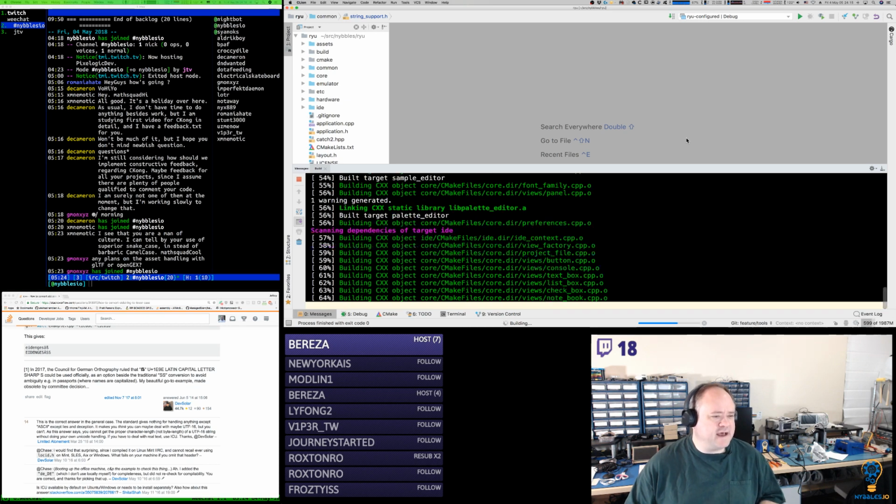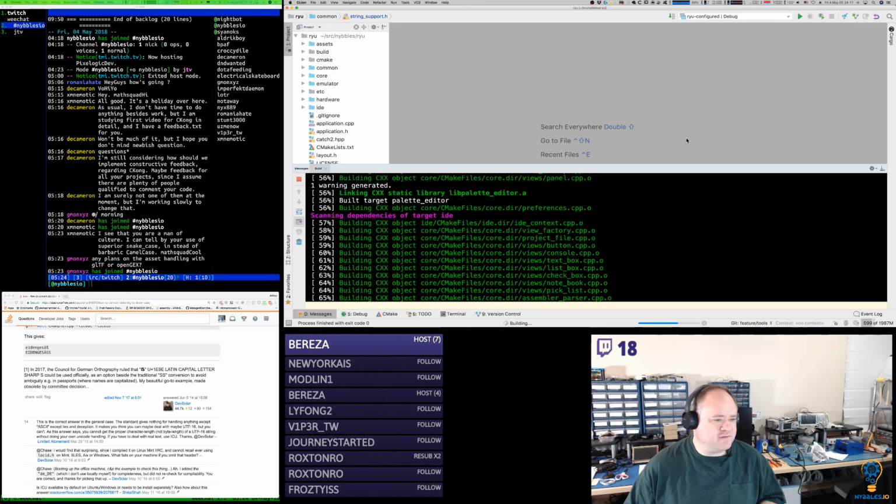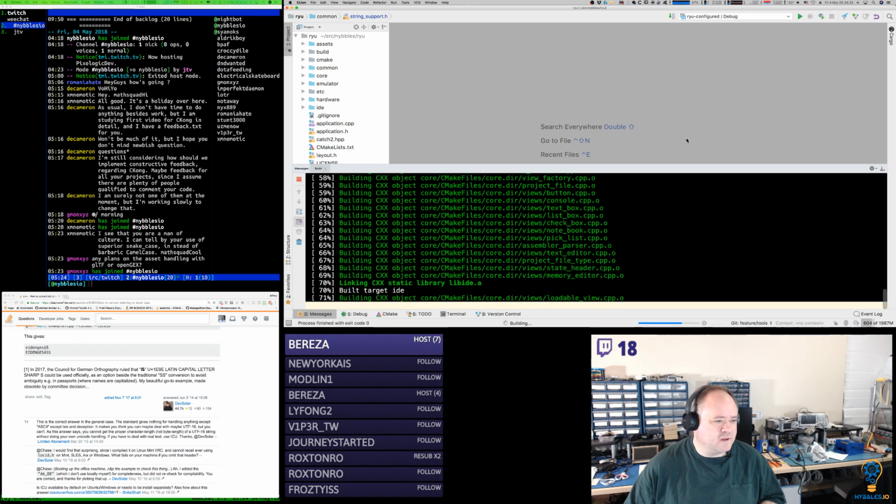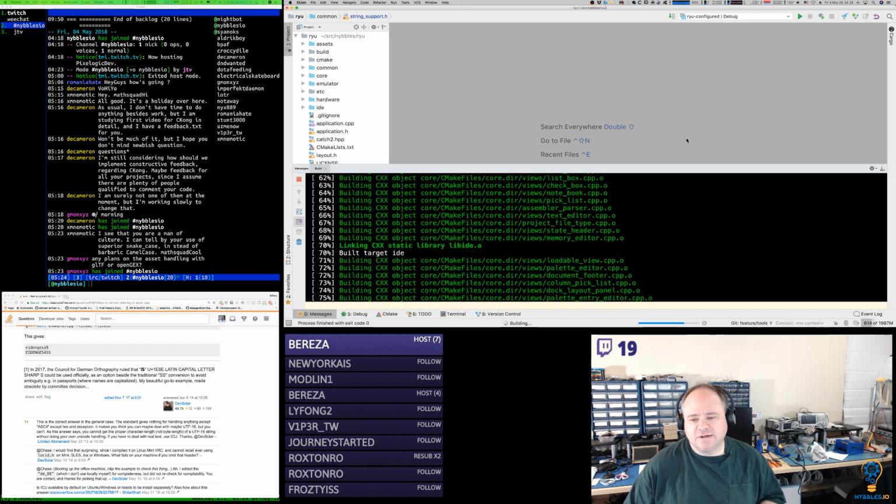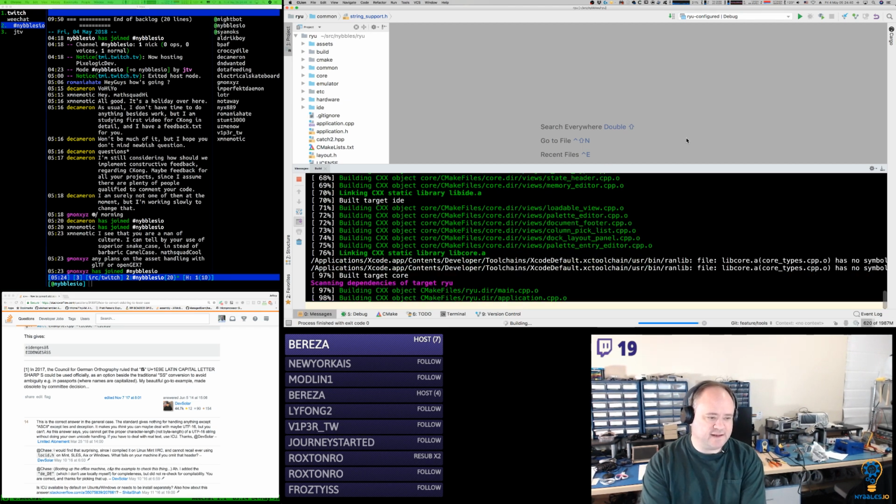Any plans on the asset handling with GLTF or OpenGEX? So I have to look up GLTF. I'm not sure what that is. One thing to keep in mind with Ryu is that all of the editors inside of the tool, inside of the IDE, the serialization format that they use is assembly source files.